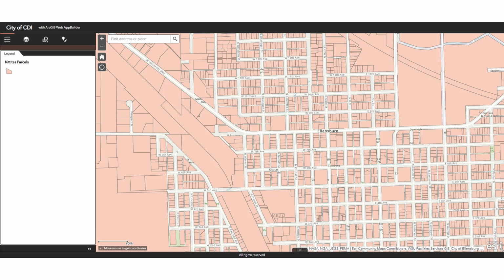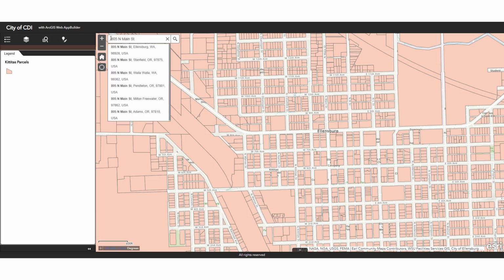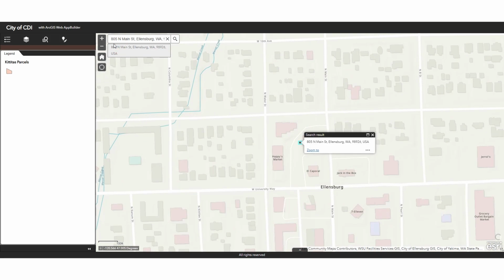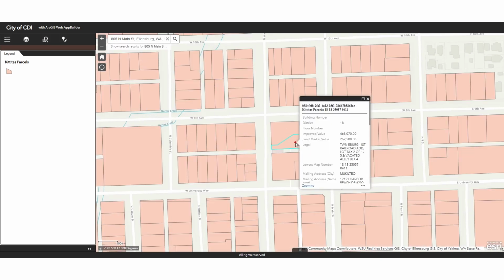All right, for the last part of the demonstration, let's flip things around. Let's go out to our ArcGIS site, which you can see we have a sample built here called City of CDI. And let's put in that address that we just used as a part of the permitting process. So I'm going to select that. And we can see that we've zoomed into that parcel. And if I select that and select the Smart Editor on the left-hand side here,